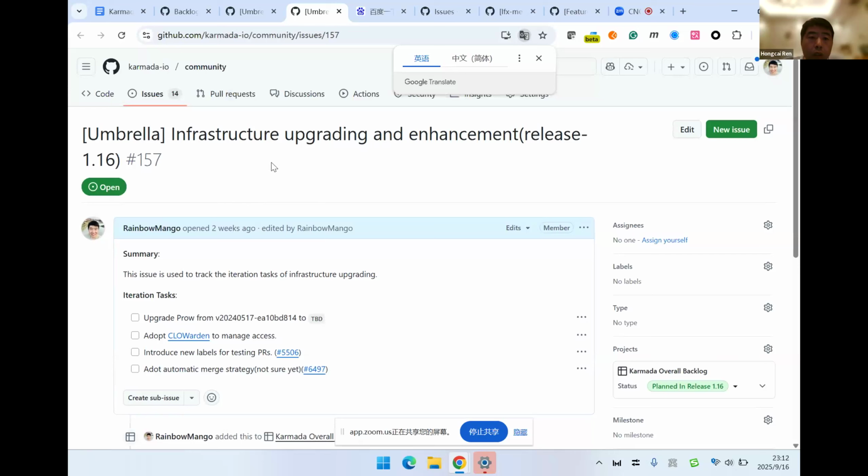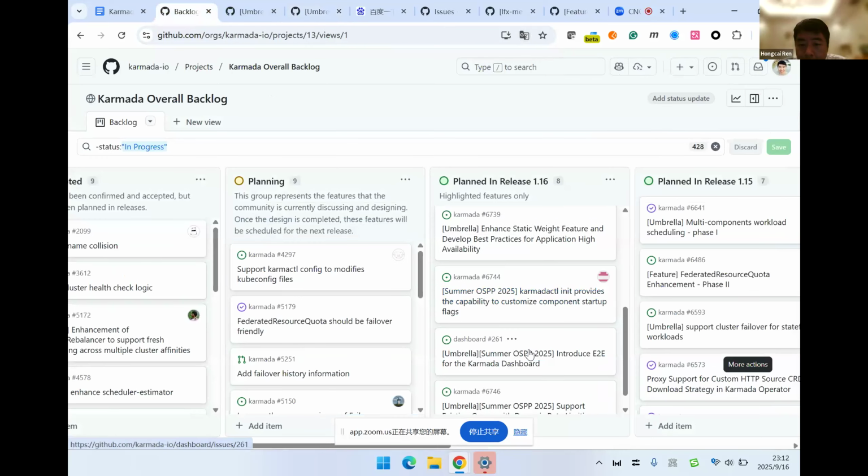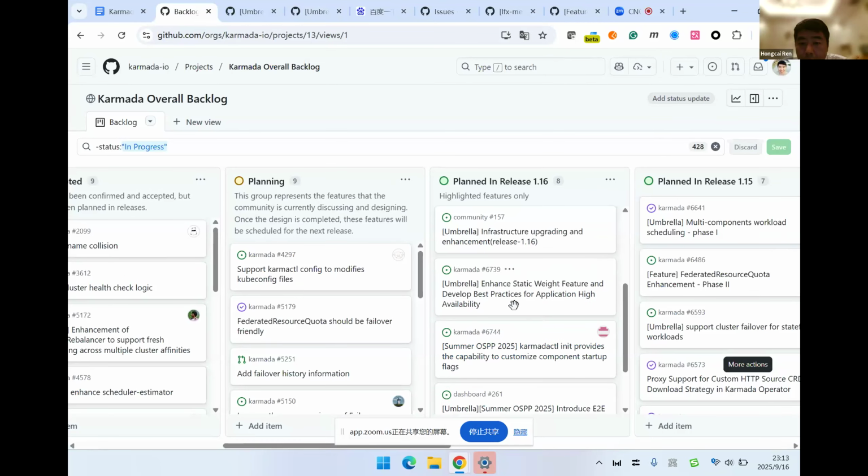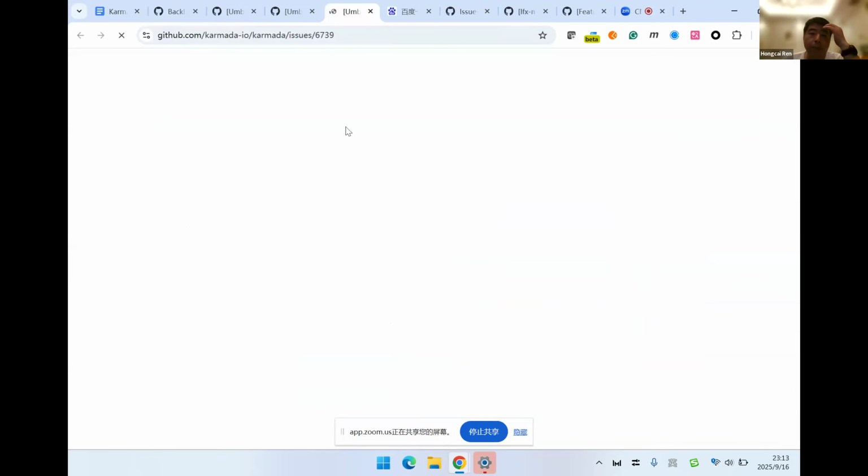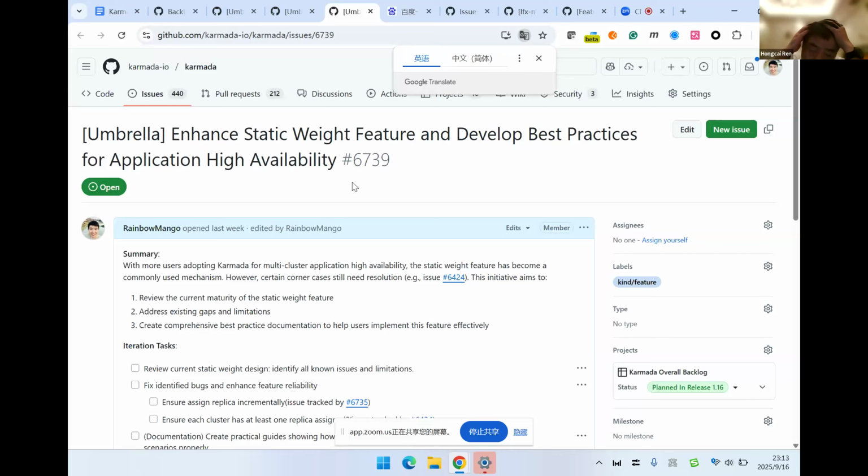So this is the infrastructure, and then another thing is about the static weight feature.